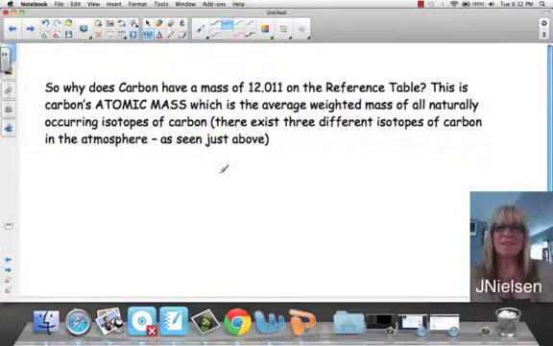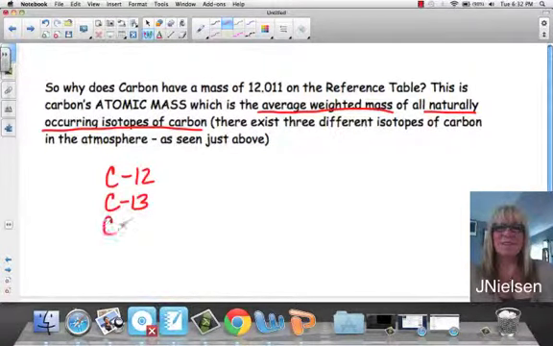So why does carbon have a mass of 12.011 on the reference table? This is carbon's atomic mass, or average atomic mass, which is the average weighted mass of all naturally occurring isotopes of carbon. There exist 3 different isotopes of carbon in the atmosphere, as shown above. So you have carbon-12,